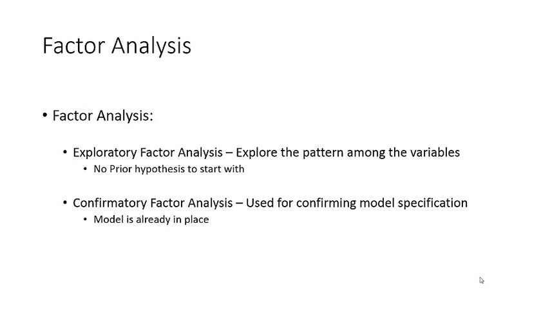Then we can combine both, the knowledge that we have got by using the algorithm on the data and the knowledge we already have about the data. We combine them both, and then we use confirmatory factor analysis to make sure that our